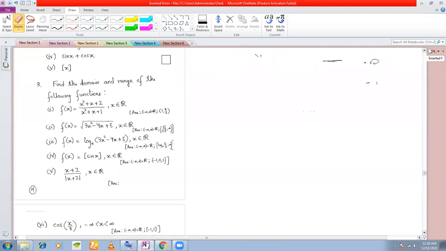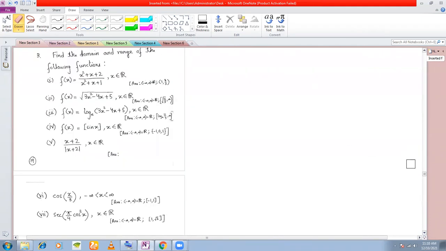Number 3 here, if you see, it states f(x) is equal to log of something. Given here, f(x) is equal to natural log of 3x square minus 4x plus 5. When I say log, I mean to the base e, from now on, where x is obviously a real number. We want to find the domain first. So how do you find the domain?